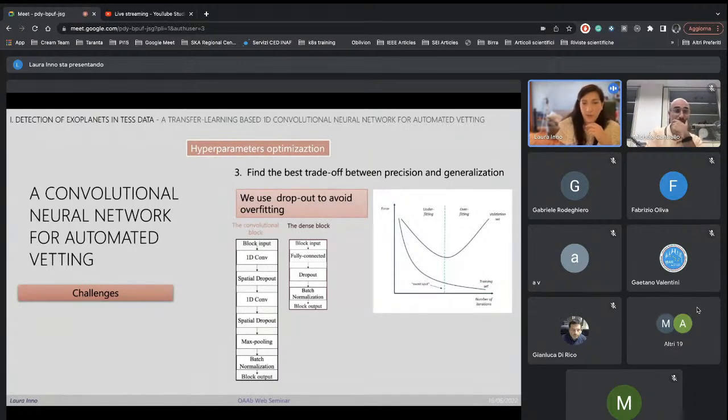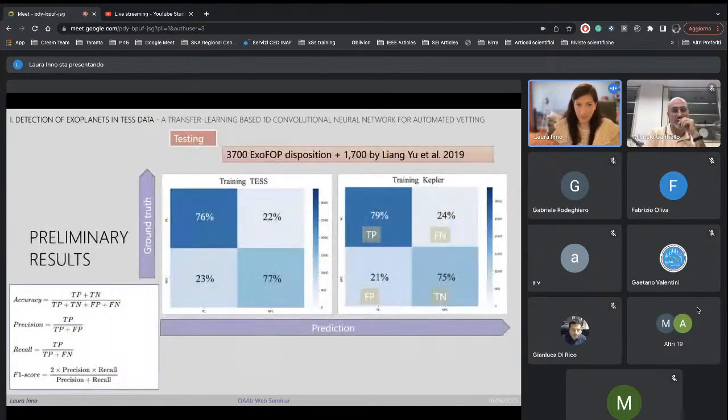So in our case, we decided to use a technique called dropout, in which at some point you randomly throw out a neuron in the net. So basically, the net is forced to learn without the specific feature extracted by that specific neuron. So it's forced to have a more general model. So this is the final architecture of our net. As I mentioned before, that's the convolutional block, and that's the dense block with the fully connected layer that will finally give us the classification.